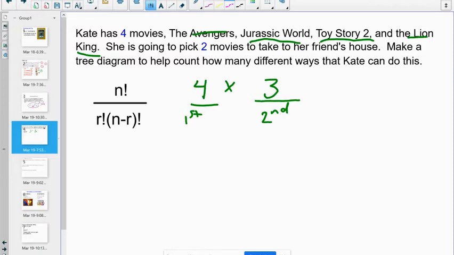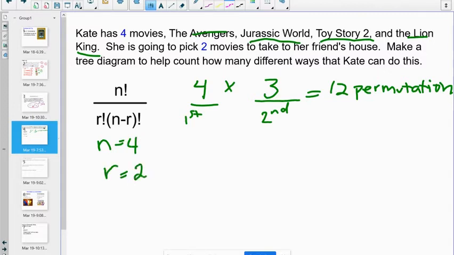Okay, so then that gets you to 12, but that's our permutations. That's not a combination. And now we know our N. What's our N? We have a total of 4 movies. Our R is we're picking 2 of those movies. But now the new part, this is what's different, is that we have to divide it by,